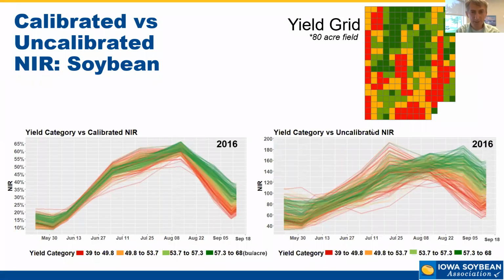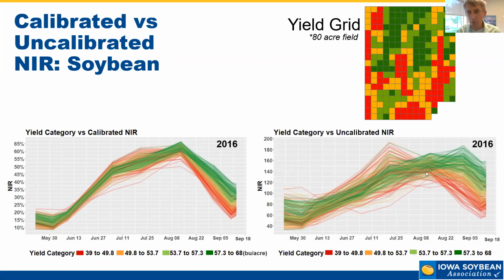So here's what this tool can do. And again, this is soybean now. And now I'm looking at the near-infrared. The near-infrared band is responsible for, or correlates with, the cell structure or biomass. This is the soybean field. The green indicates a high yield, the red indicates lower yield. This is uncalibrated. So again, you can see some trends